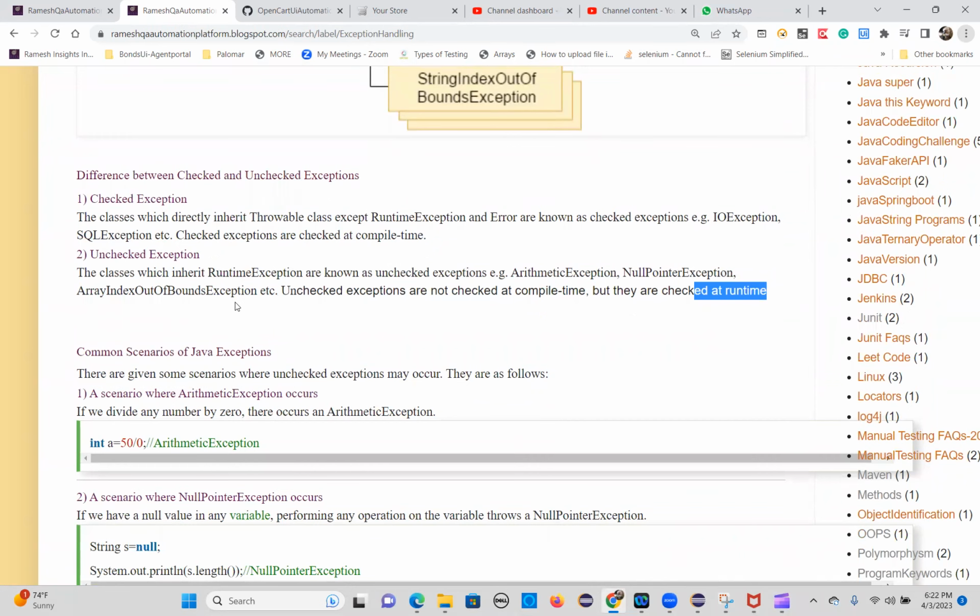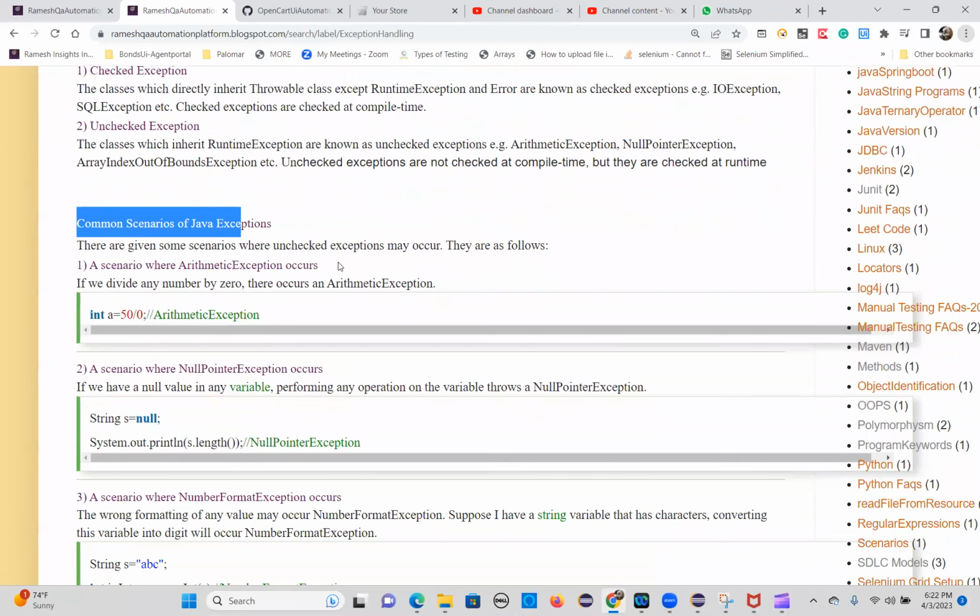So what we are going to see now are common scenarios of Java exceptions, that is, when you will get each exception type. We'll discuss mostly the runtime exception classes, when you will get them, and how you can resolve them. So the first scenario when you will get these exceptions is